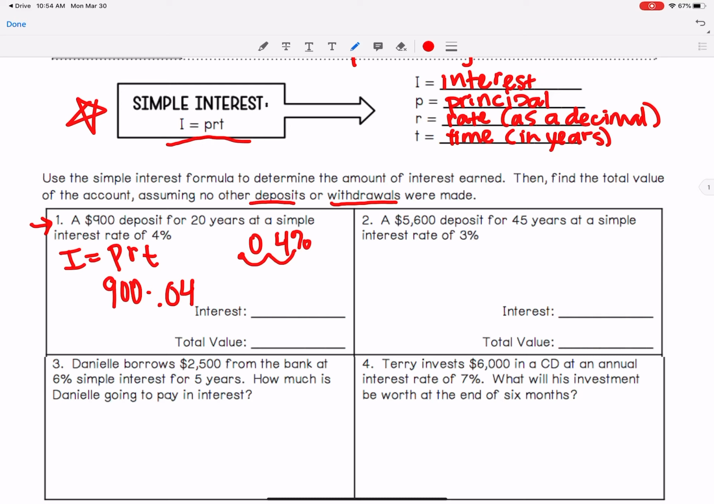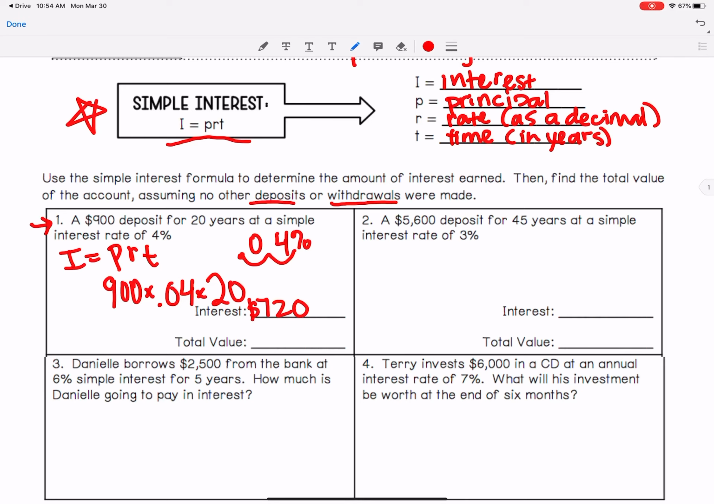So I'm going to say 900 times 0.04 times T. What is our time? The time that your money is going to be in there is for 20 years. So I'm going to put 20. So let's go ahead and plug this into our calculators. 900 times 0.04 times 20 years, that is going to give us our interest. And I type that in my calculator and I get